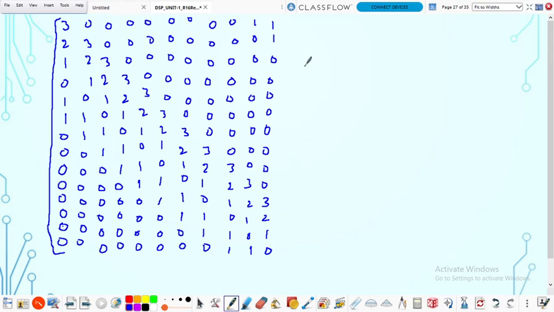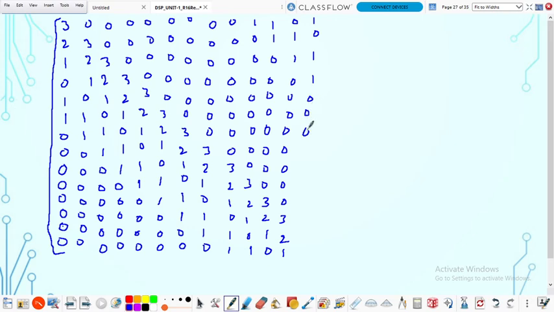So again rotating circularly in anti-clockwise direction, we get 0, 1, 1, 0, 0, 0, 0, 0, 0, 0, 0, 3, 2, 1. So again rotating circularly in anti-clockwise direction, we get 1, 0, 1, 1,